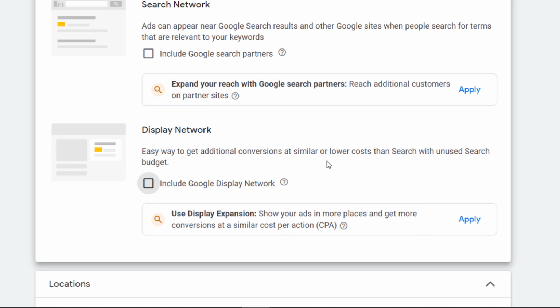Here you are not going to have any control over it, and you are really just going to waste your money. I think it leaves all the automation up to Google. That's not what we want to do. We want to have some control over the display network.